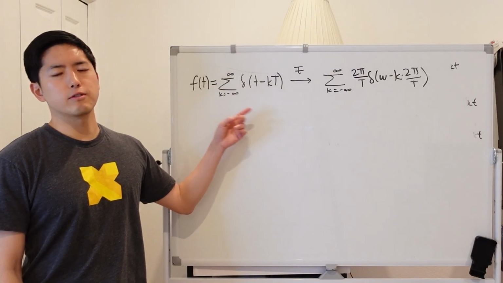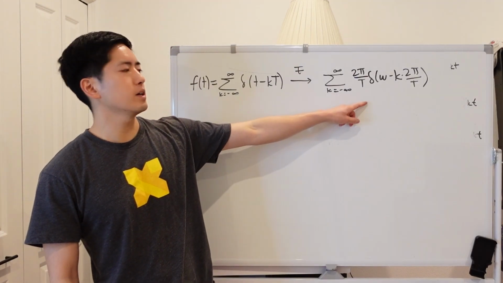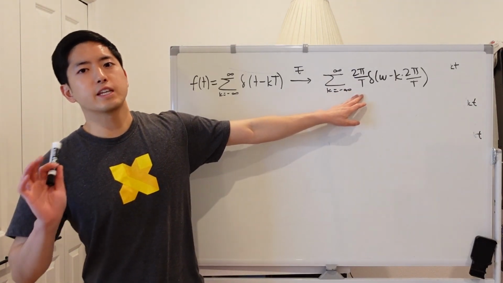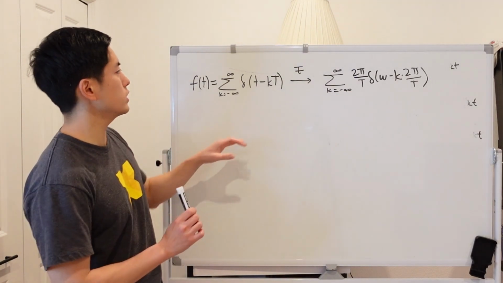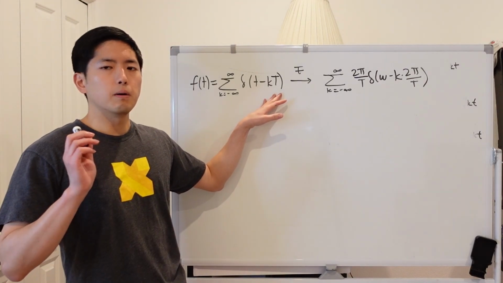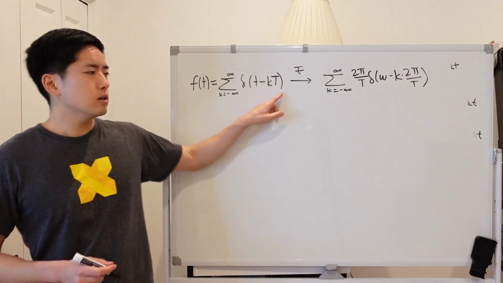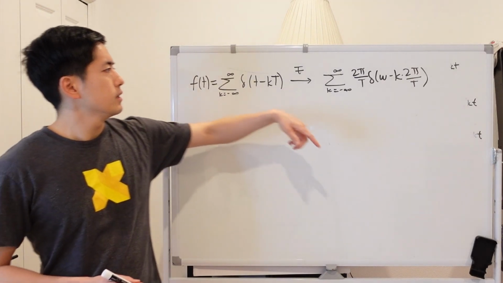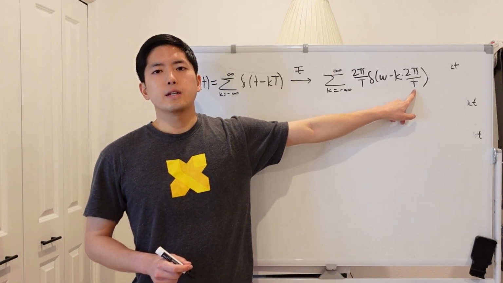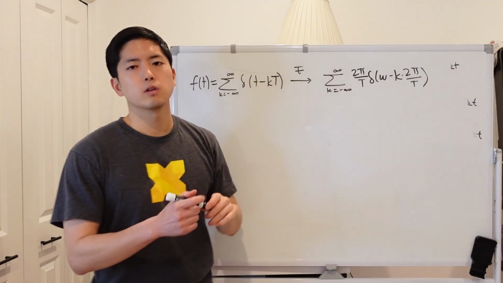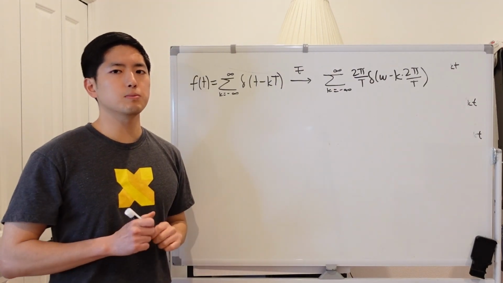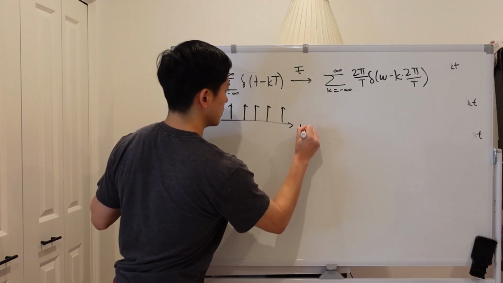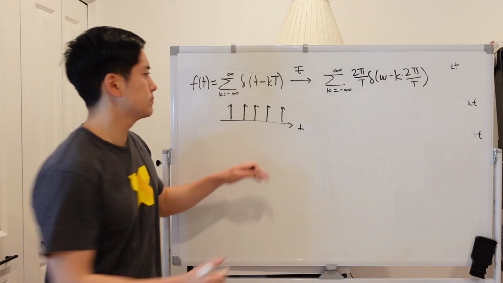Okay, so the Fourier transform of an impulse train is another impulse train. To qualitatively describe this significance, we're going to avoid talking about the scaling factor for now, okay? We're going to focus solely on the distance between the impulses. So here we notice that capital T, which is the period of the impulses in the time domain, is actually in the denominator here in the frequency domain, which means that qualitatively speaking, if I had an impulse train in the time domain,